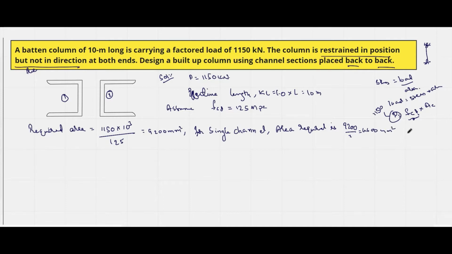What I am going to do on a safer side, because the values we have selected are just based upon assumption, I will increase this value by 10%. In the sense, 4600 by 460, which gives us around 5000. We will select some area from IS 800 2000, which is nearer to 5040. So from SP 651, let us try